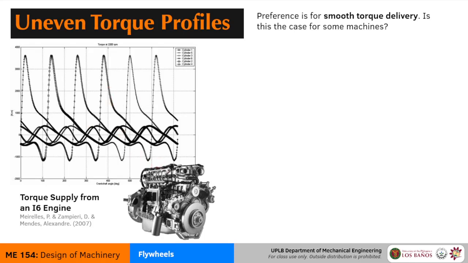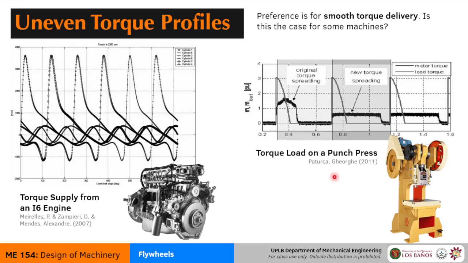The other one is shock loads. When you have a drill press or a punch press, there will be a period in its operation where the machine from its tool head will experience sudden loads. It's similar to a drill press wherein at one moment, the drill is just free, just rotating as is with no load, and then suddenly it encounters a piece of wood. That shock load will travel from the tool head all the way up to the motor itself.